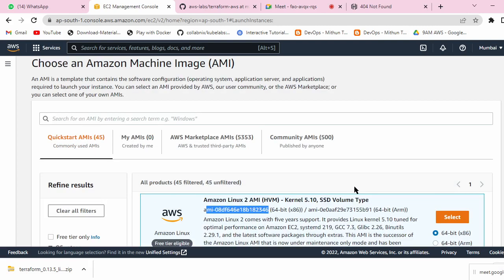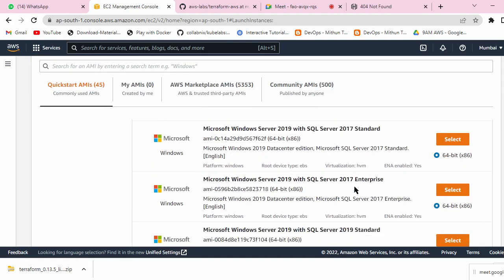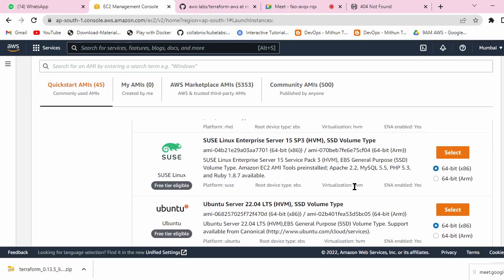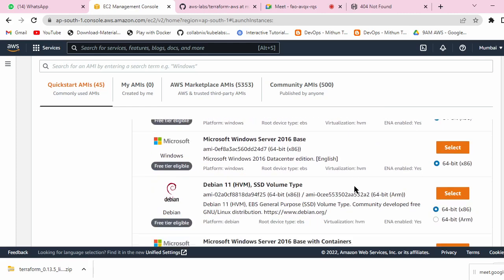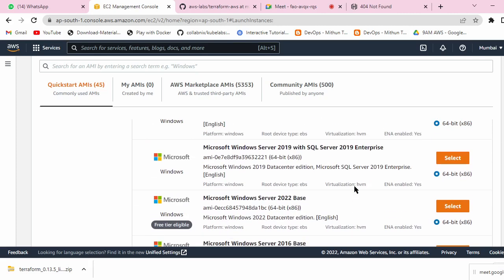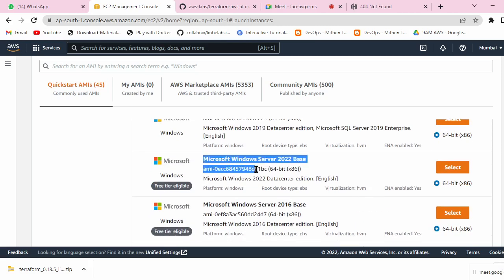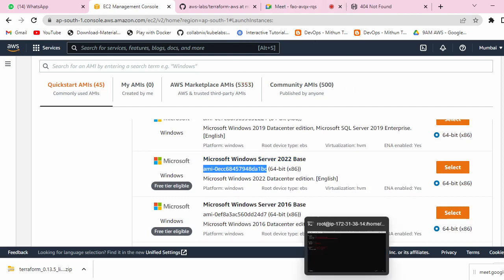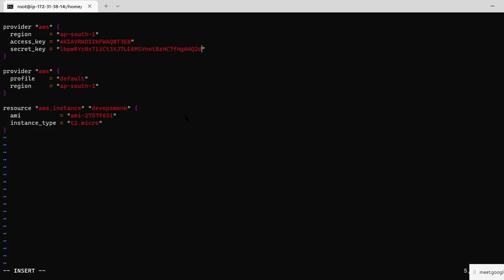Let me go with Windows Server. Okay, it is t2.micro. Escape, shift colon w, enter.